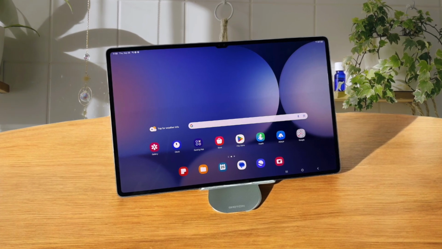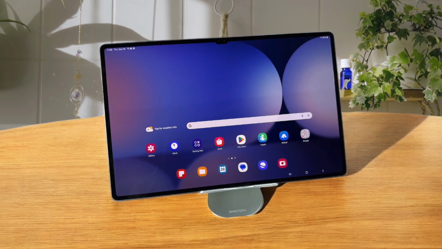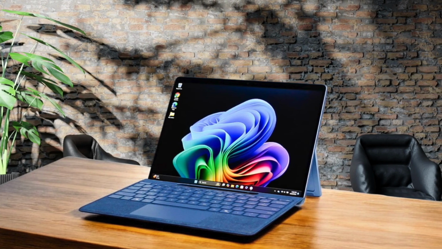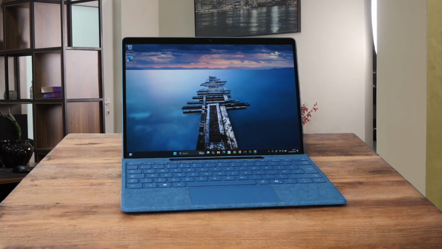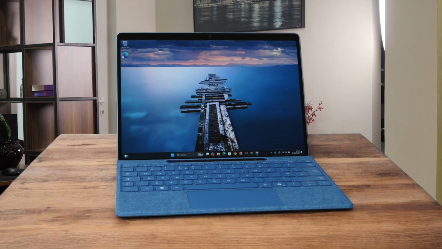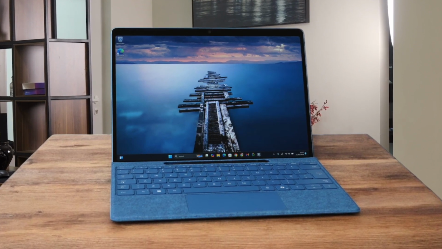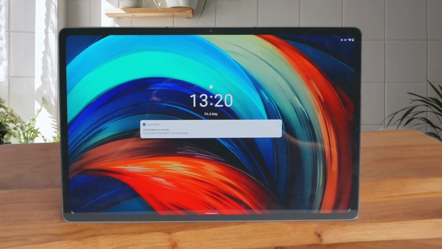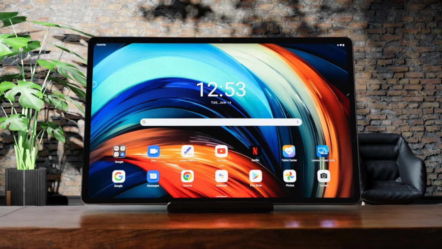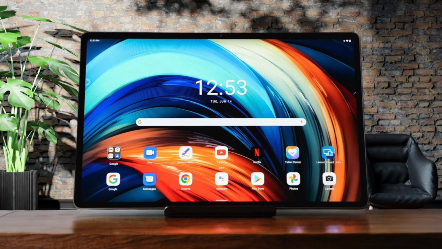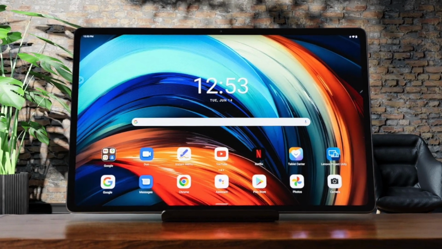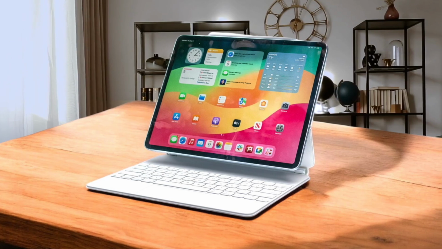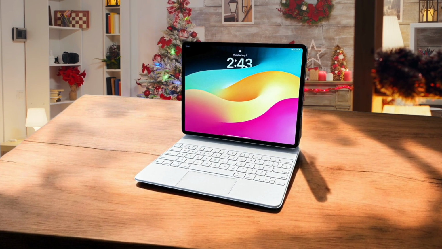Turning to the other contenders, the Samsung Galaxy Tab S10 Ultra impresses with its flexible storage options and solid battery life, closely following the leader with a score of 64. It strikes a balance between versatility and performance, especially if expandable storage is essential for your workflow. Similarly, the Apple iPad Air M2, totaling 61.25, excels in battery life and portability, offering remarkable value and efficiency for those on a budget. The Microsoft Surface Pro 11, with its score of 56.5, offers a unique 2-in-1 design and